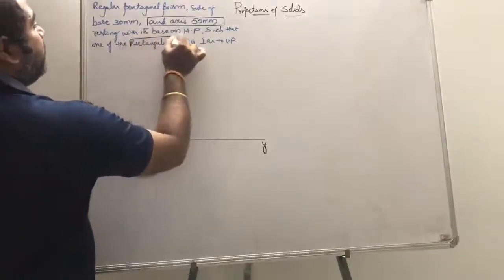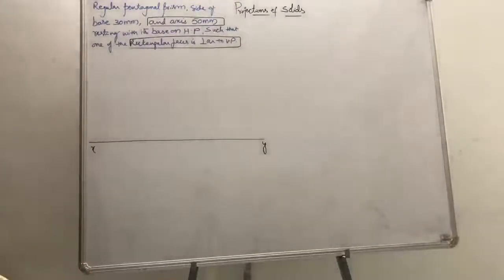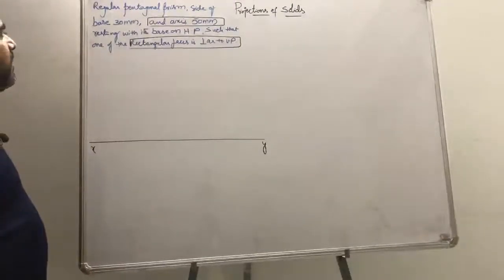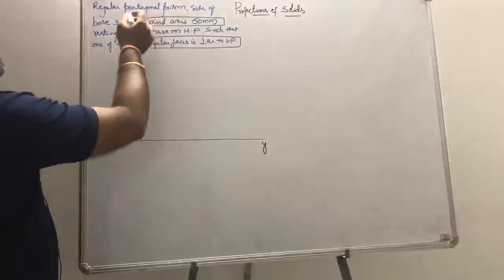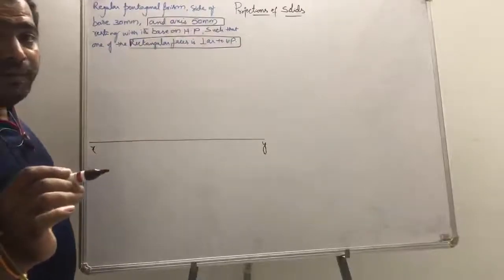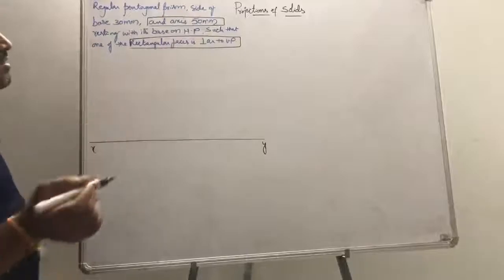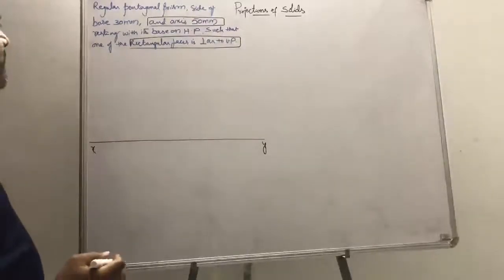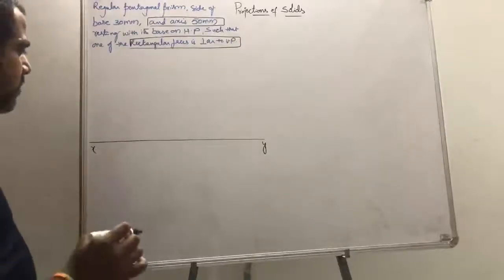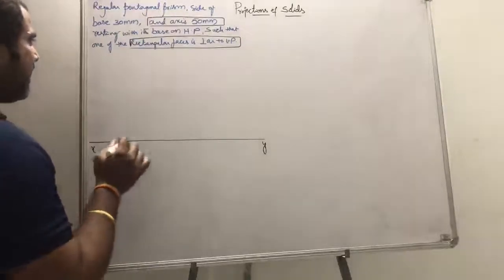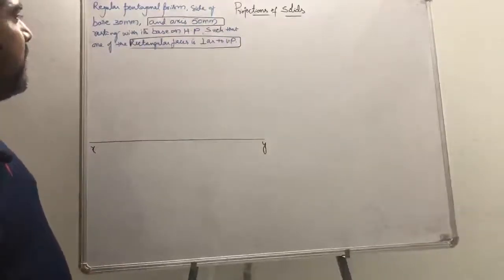If I didn't consider this rectangular face, it is going to be considered as a simple plane, a pentagonal prism with side of base 30 mm. So I just consider the pentagonal surface, side of base 30, resting with its base on HP. So that means always you just know that when it is an edge resting problem, you are supposed to start that from the edge. So that means here it is axis perpendicular to